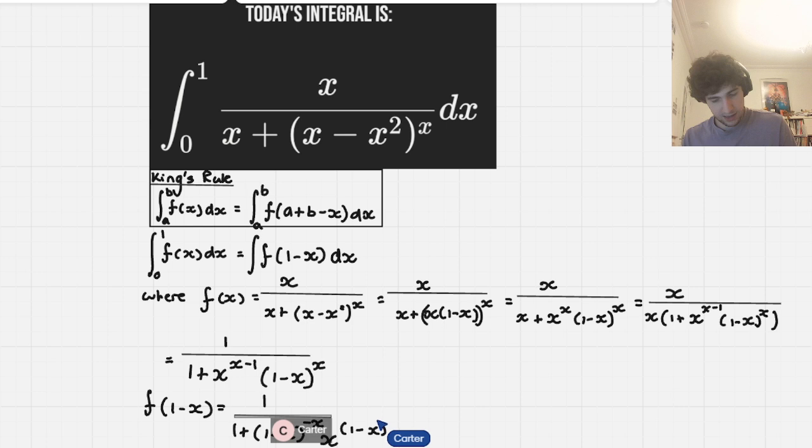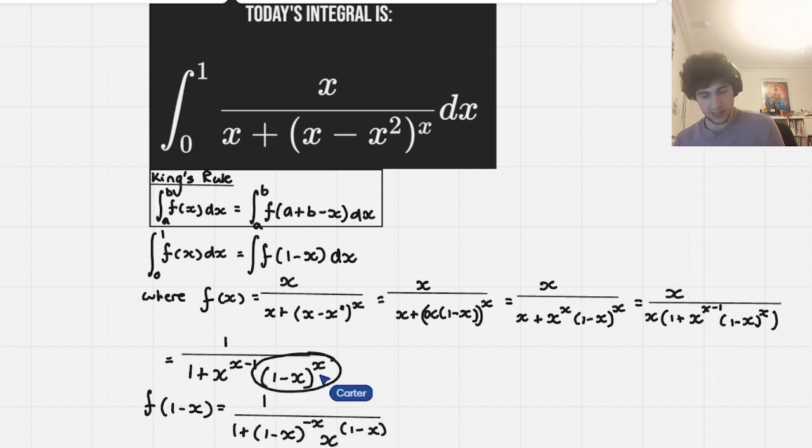So, okay. Well, I noticed that this 1 minus x to the power of minus x is almost identical to 1 minus x to the power of x. In fact, it's 1 over that, right? And also this, x to the power of 1 minus x, is almost identical to x to the power of x minus 1, but it's 1 over that again. So I guess what I noticed is that this is just equal to 1 divided by